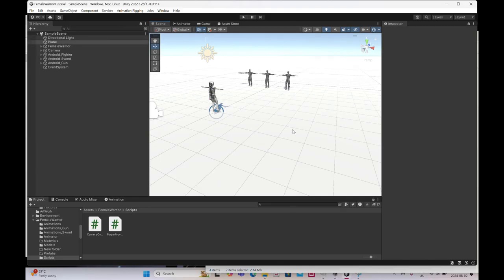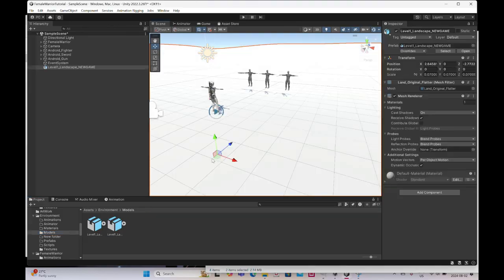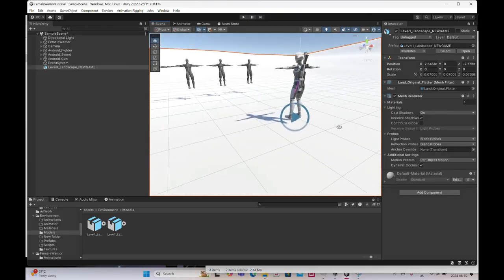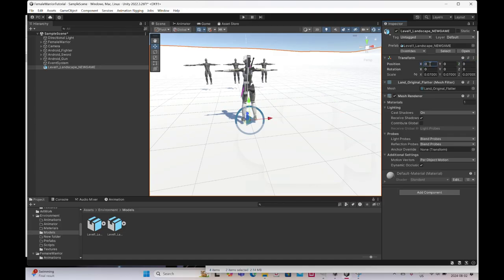So first of all, I'm going to get rid of this plane, and I've created this environment folder. It's got all the other subfolders within it, and I'm going to grab the model and then just drag and drop. So right now there's nothing on there, so that's why it's blank. I'm going to make sure that transform is 0, 0, and